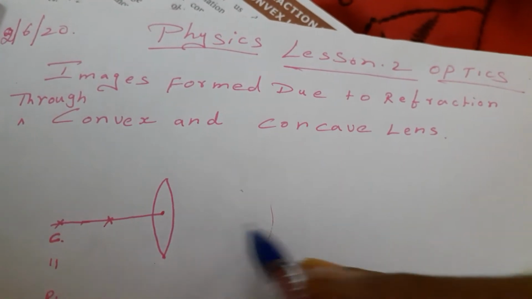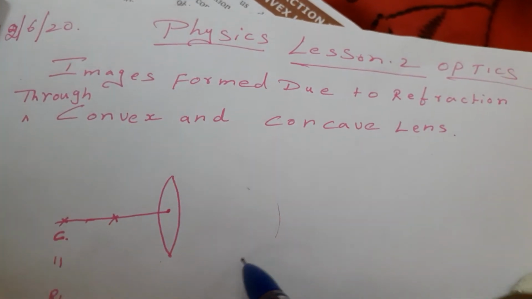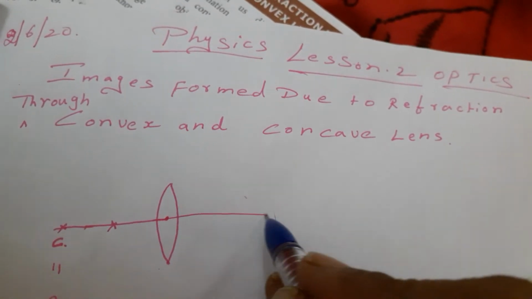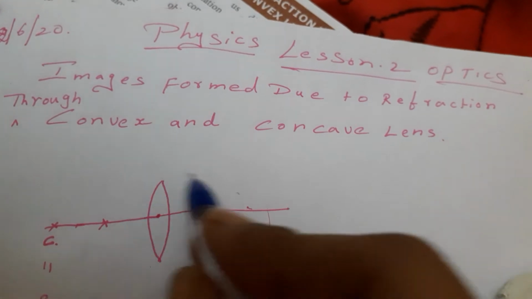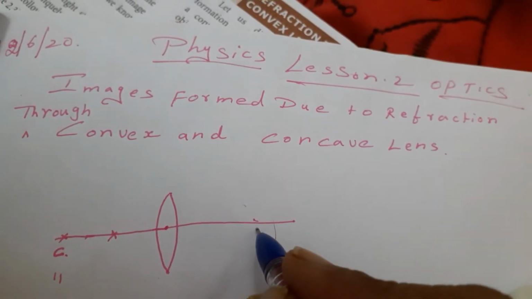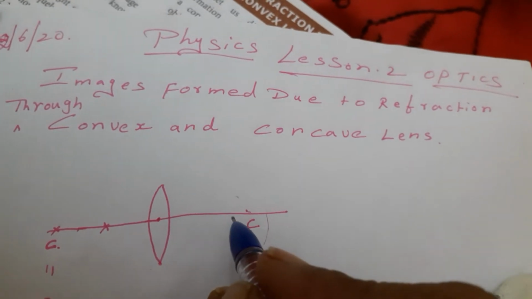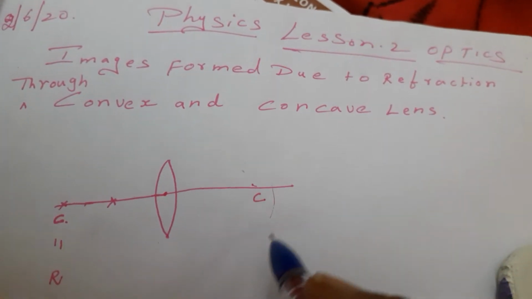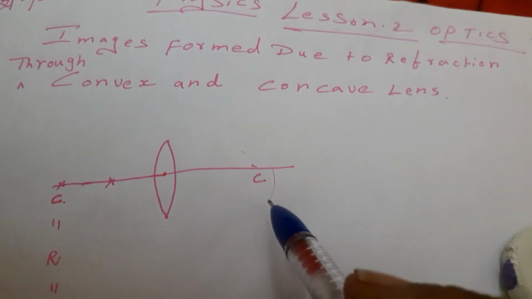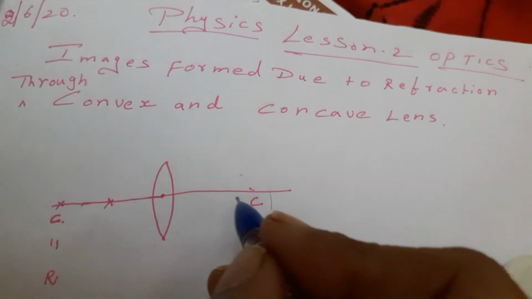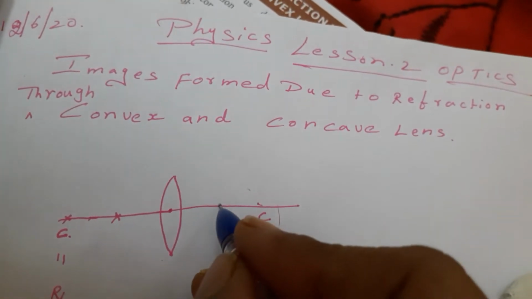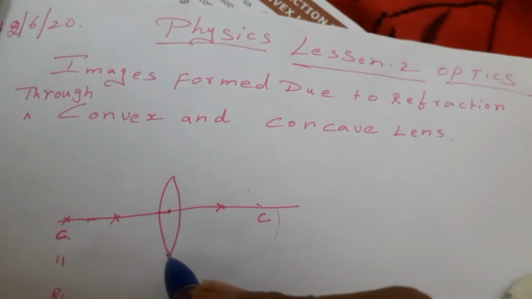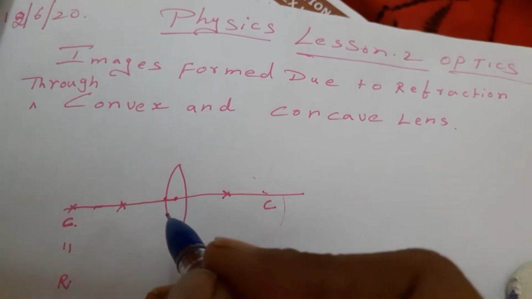The other side is also the same. The clockwise sphere, from which the portion of the lens is cut, its radius is called the center of curvature. On the other side, the center of curvature is equal to the radius of the sphere from which the lens had been taken, and that is equal to 2f. Then the focal length falls in between the center of curvature and the optic center. Then the center point of this curve is called the pole.